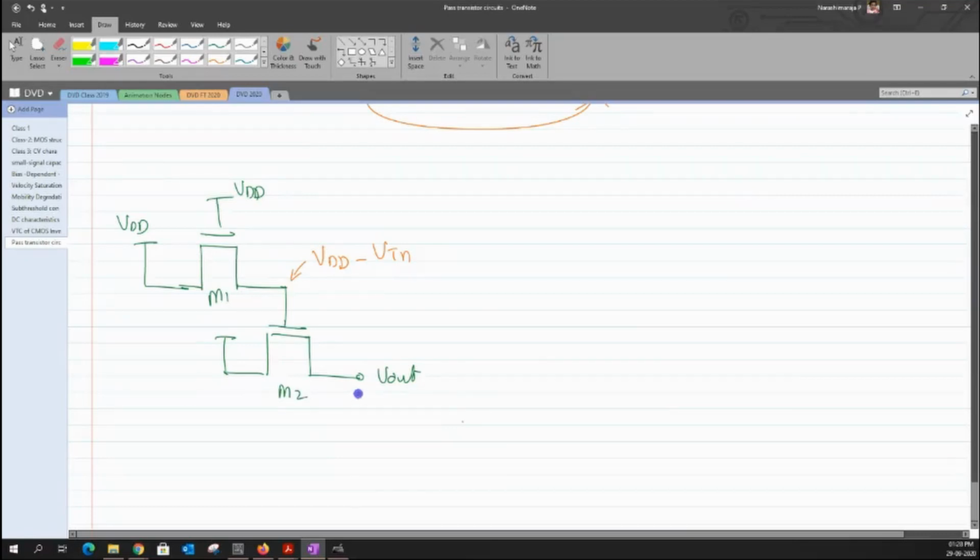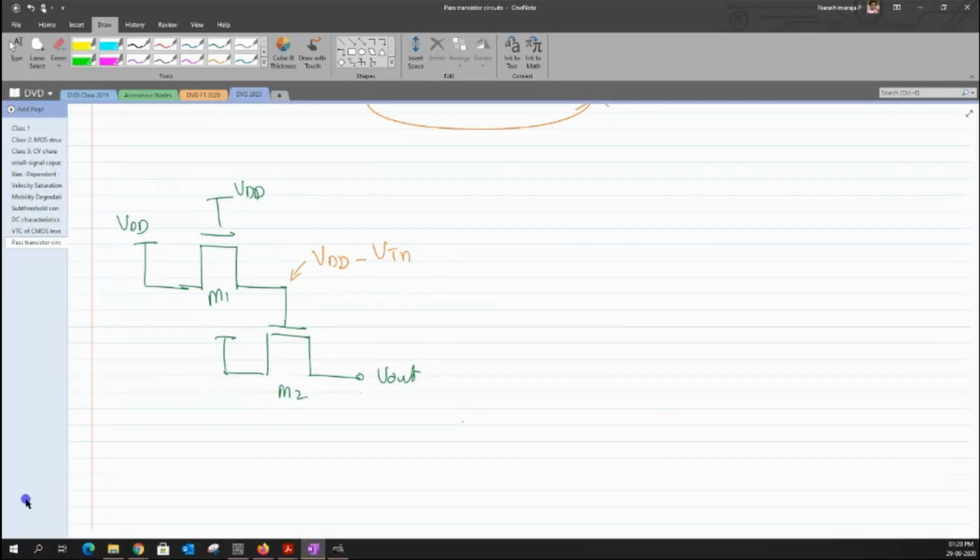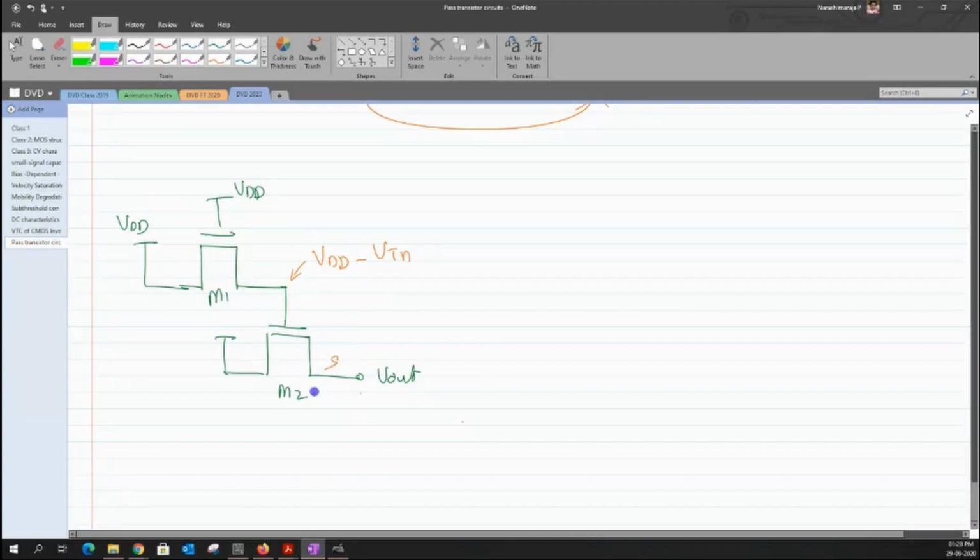Now what would be this voltage? Which terminal do I need to consider as my source? Let us assume that this side is my source. Now I want you to work out at what point this capacitor either charges or discharges, it doesn't matter. At what point the channel ceases to form for the voltage V out, and that is the output voltage that we would have. Now you need VDD minus 2 VTN. Yes. In this case, it will be equal to VDD minus twice the value of VTN.